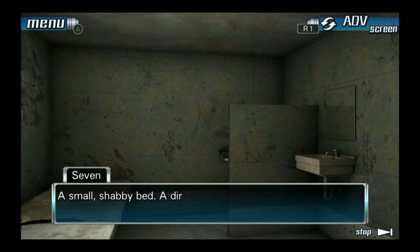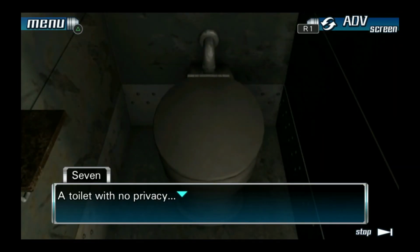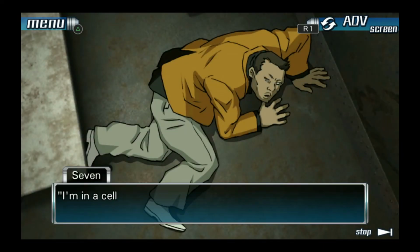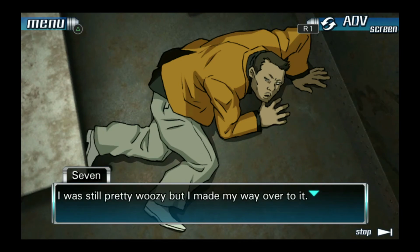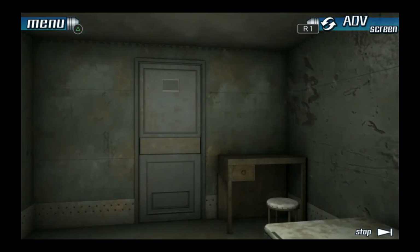A small, shabby bed, a dirty sink, a toilet with no privacy. I'd seen it countless times as a cop. I'm in a cell, huh? Facing the toilet was a door set into the wall. I was still pretty woozy, but I made my way over to it. I pushed and pulled on it, but